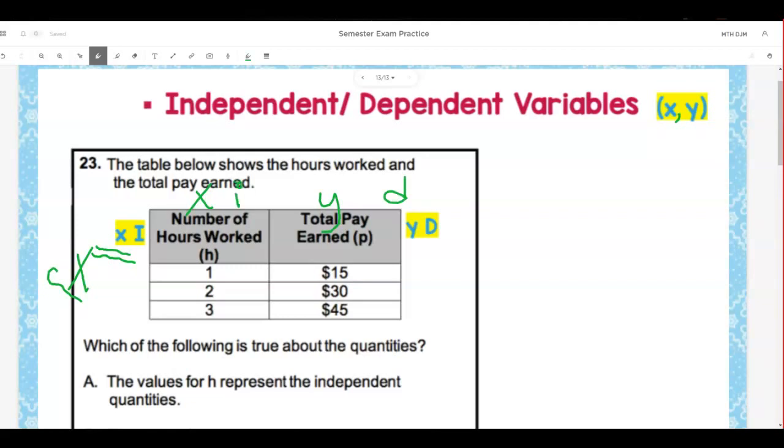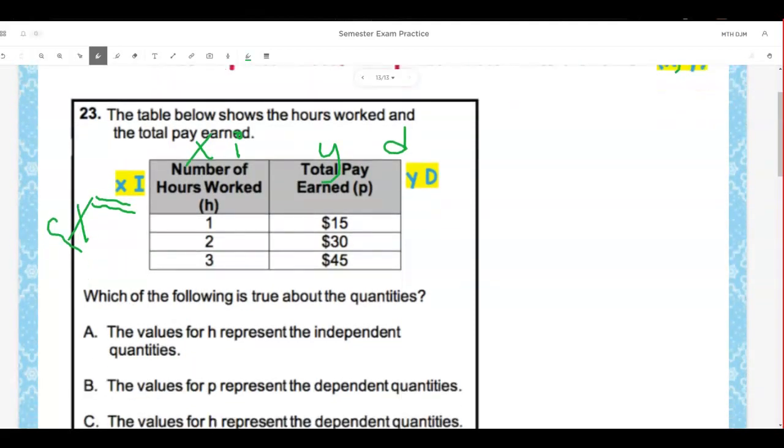So you are dependent on your parents because you are still a child, right? You're dependent. They tell you what to do. Same with these guys. Okay? X is like the parent. He's the independent. He makes the choices. So down here,